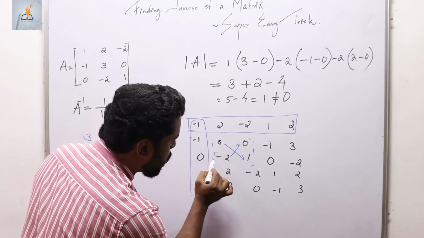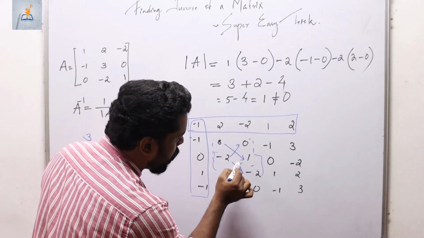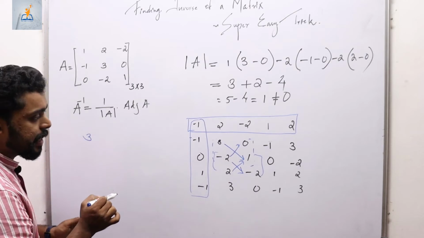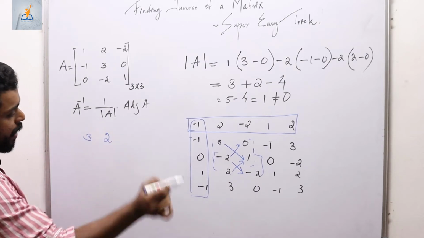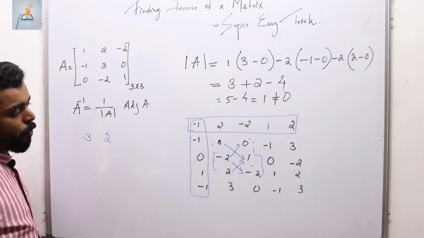You can again find a 2 by 2 matrix over here. You can easily find the determinant of that 2 by 2 matrix. It is nothing but 4 minus 2, which is 2, and I am writing that number row wise. So I am moving column wise here and I am writing numbers row wise here.